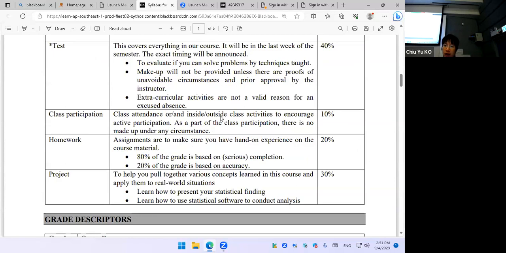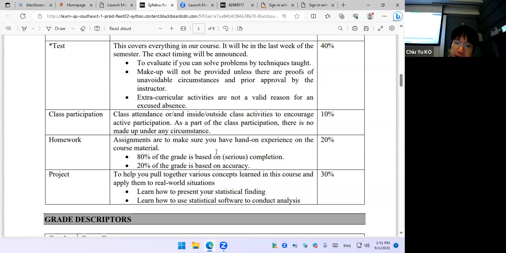And for this year's homework, I'm trying to think I should be more lenient on that. So as long as you complete your homework in a serious manner, you should get 80% of the credit. If you make some mistake, then we take it out. But otherwise, as long as you make a serious attempt, not copying from elsewhere, do your own job, then it should be fine. Okay.